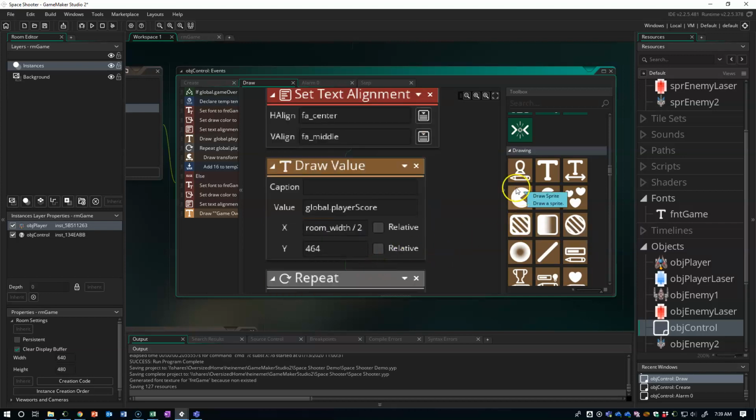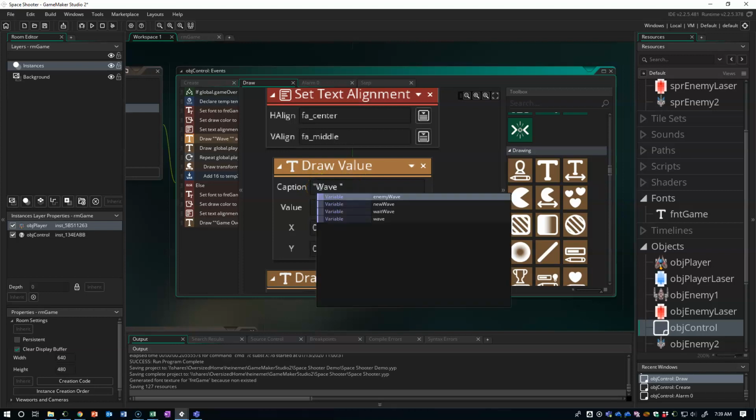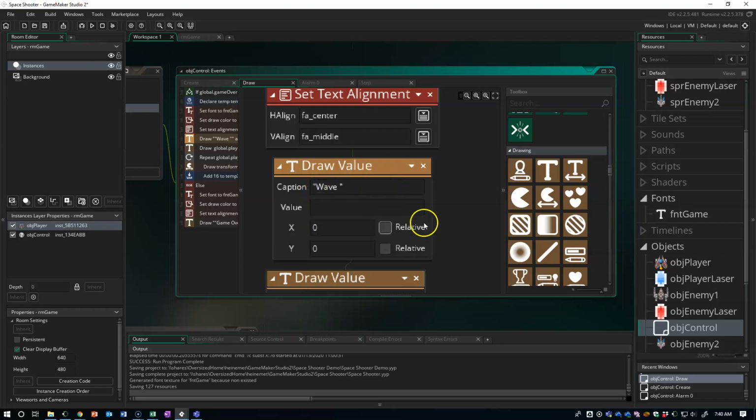So right before the player's score, I'm going to add another draw value for this, and I'm going to do "wave" without a colon, and then leave a space, and then I'm going to have the value wave here. Okay, and we're going to display that in the very middle of the screen, which we can calculate by doing room width divided by 2 and room height divided by 2 as well. So room width, room height, both divided by 2 will put us literally right in the middle of the screen,